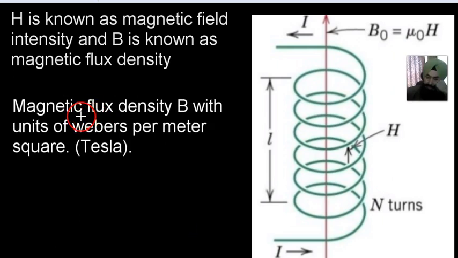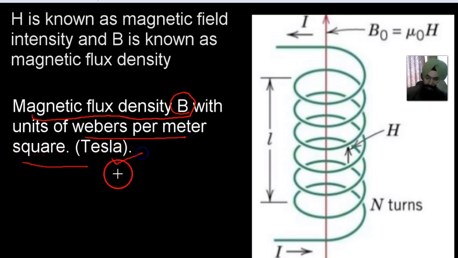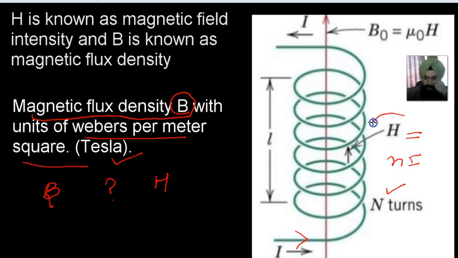Now, on the other hand, what is B? The unit of B is Weber per meter square, or it is called Tesla. Now you will ask me, how is B different from H? When the current is passing through the given number of turns, small n means number of turns per unit length, so nI. Because of the coil, it develops H,